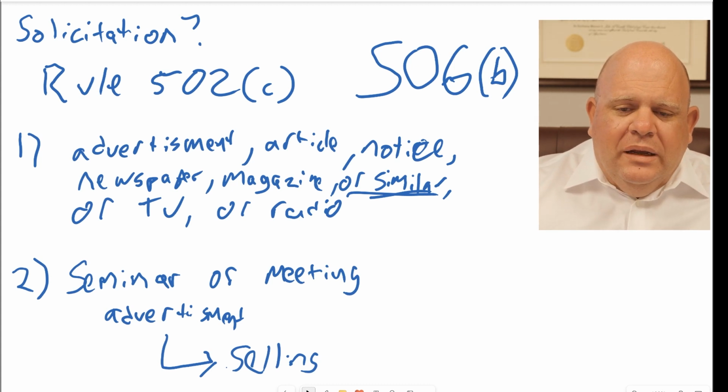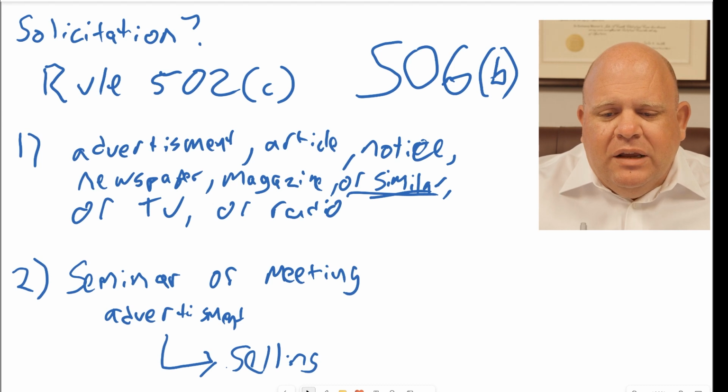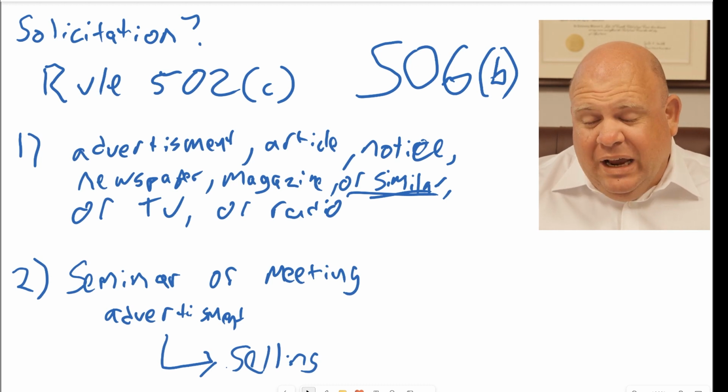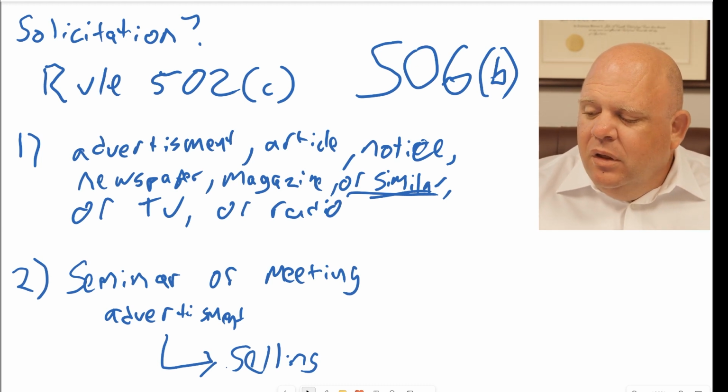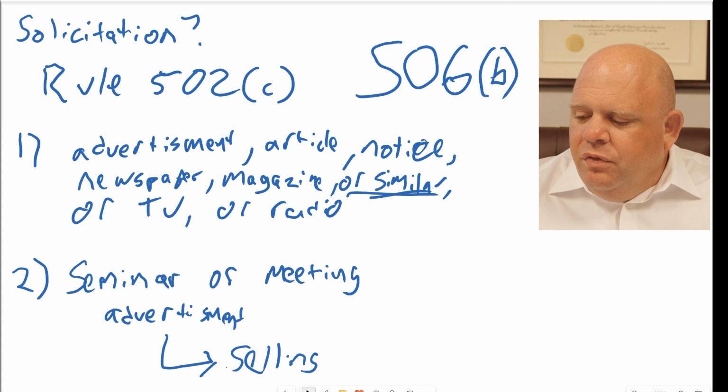So these are the two ideas. Solicitation is, no advertising, no doing this fake seminar thing in order to actually advertise. This is something that the SEC is very, very aware of, and this is something that every regulator knows is going on to a large extent. That solicitations are happening, and people are being sneaky and clever.